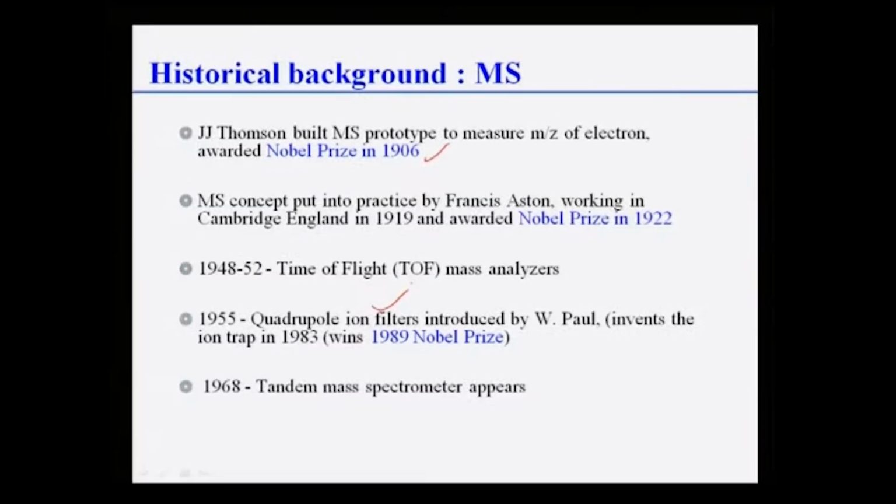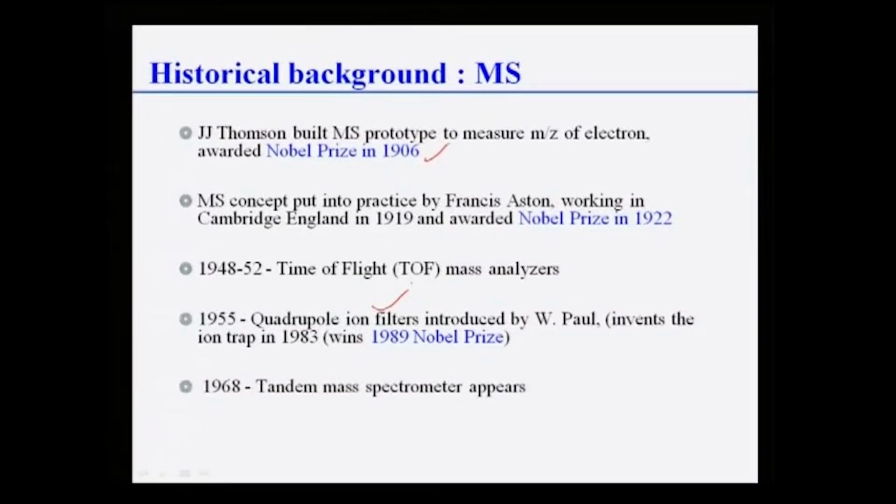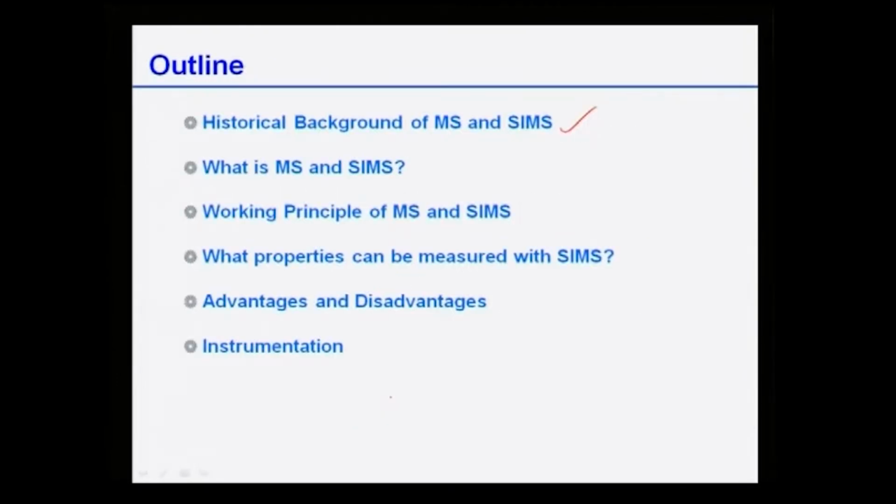Because of this very famous discovery in 1955, W. Paul was awarded the Nobel Prize in 1989. He also invented the ion trap in 1983. After that, in 1968, it saw the development of tandem mass spectrometers,